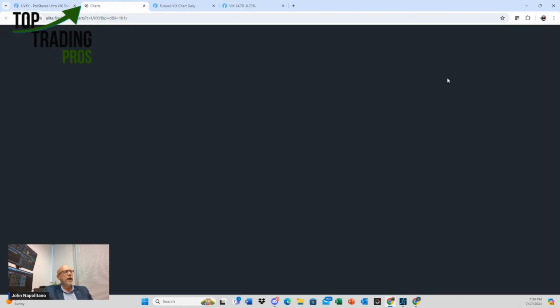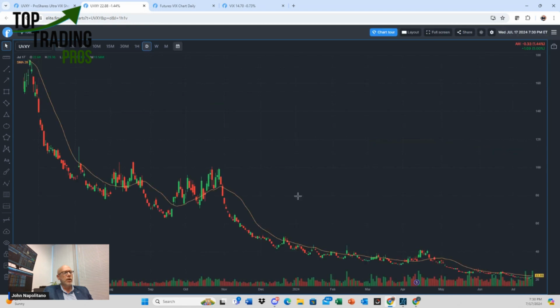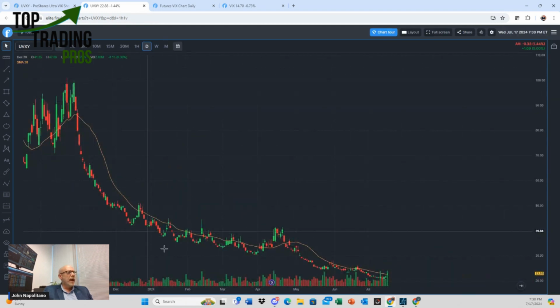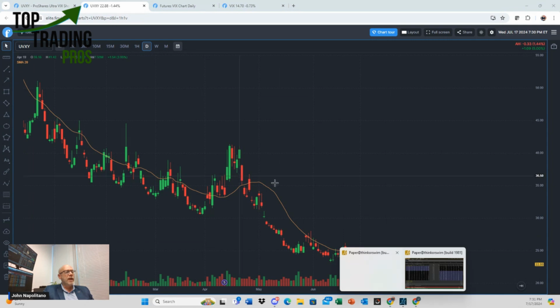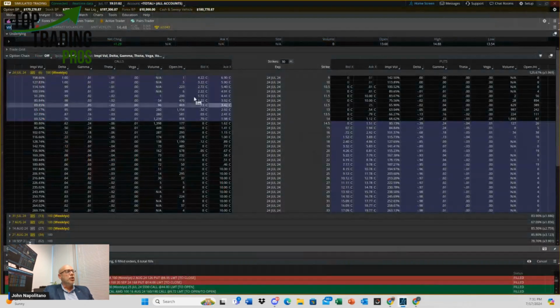So I'm going to go ahead and show you the bigger chart here. And we'll go to this one next. So as you can see, this one is in a downtrend. And again, the best way to play this would be if there was a spike like back here and you would play it on the short side, because really on the long side, you got to be pretty fast with your timing. And not only that, if you go to the actual option chain,